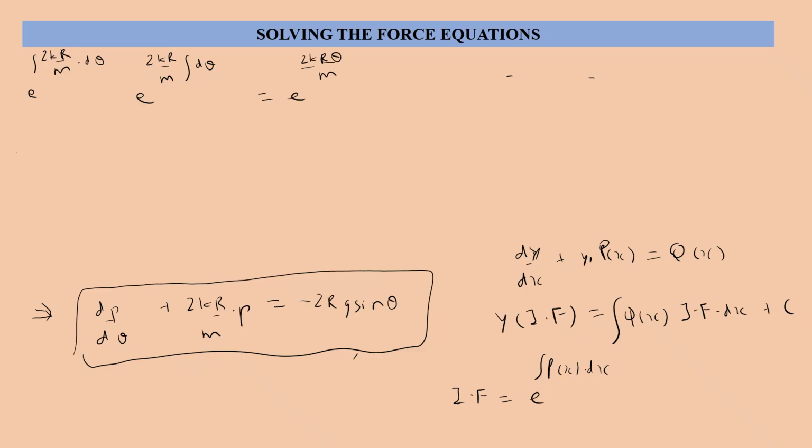Therefore, our general solution will become p times e to the power 2kr theta over m equals integral minus 2rg sine theta multiplied by e to the power 2kr theta over m with respect to theta plus c. And since negative 2rg is a constant, it can be factored out. I can write this as minus 2rg